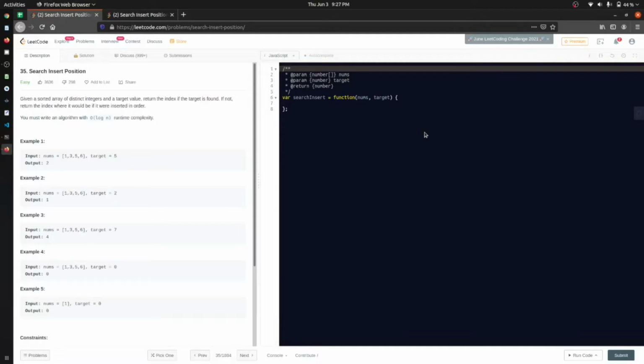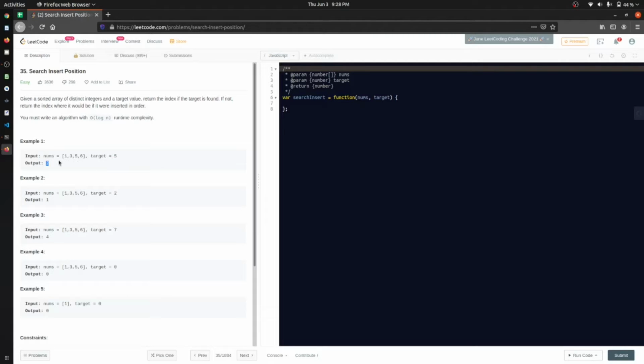In this video we're gonna solve a question from LeetCode, that is the search insert position. What this question says is that you will be given an array and a number, and you just have to find the position of this number.